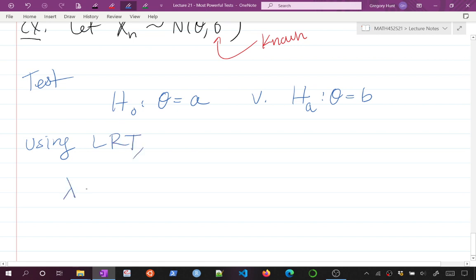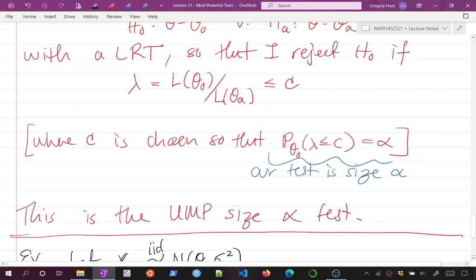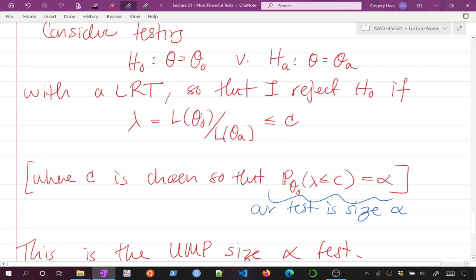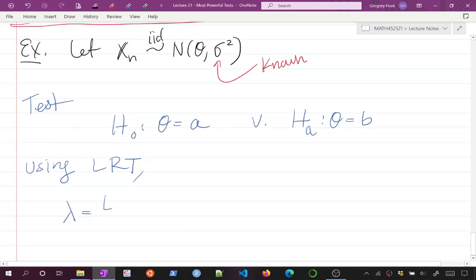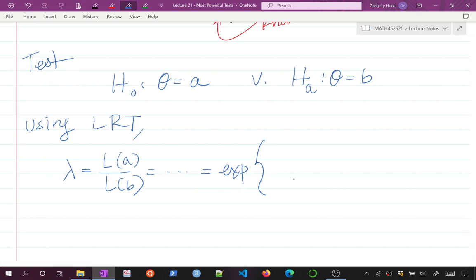And we can test this using our likelihood ratio test. Using our LRT, we let lambda, right? How do we want to write this? Typically we write this as the null over the alternative, right? So we say it's L of a over L of b. So we need to look at this thing. Now, there's some algebra here, but one can show that this is going to be proportional to at least